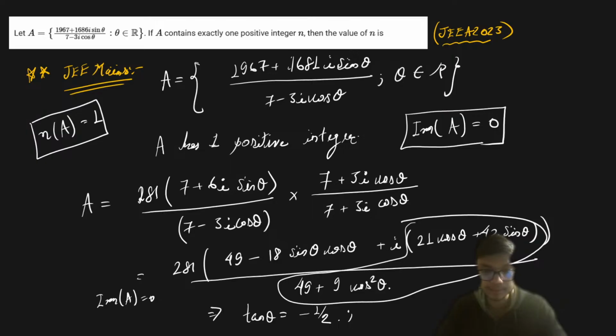So if tan theta is minus half, and by using the half angle formula, I can find that sin 2 theta is equal to minus 4 upon 5, and cos 2 theta is equal to 4 upon 5, right? So once we have this information, then the